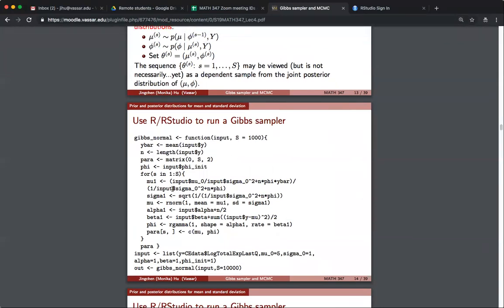So this is a demo that we did in class, and we also did an exercise on writing a function called Gibbs_normal, and then you run a super long chain of the Gibbs. Okay, so that's a place to start, but I want to give a heads up because the paper is not running a super long chain. The particular example that they did is not running a long chain, but it's running many short chains. Okay, so that's the part that you should start thinking about how I can